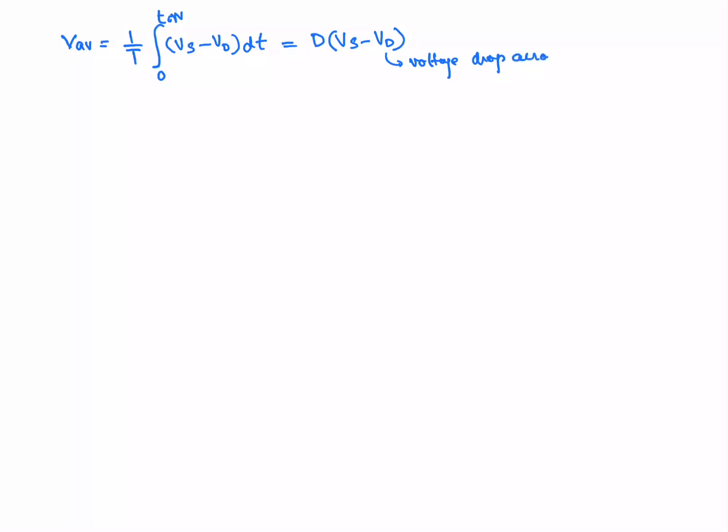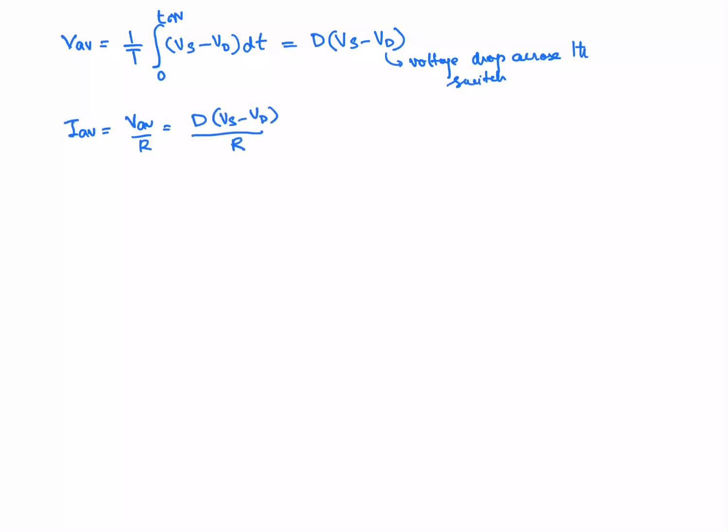across the switch. So the average output voltage will be reduced by this factor, and similarly the average current, that is equal to V average by R, that will be equal to now D times the Vs minus Vd by R, so that